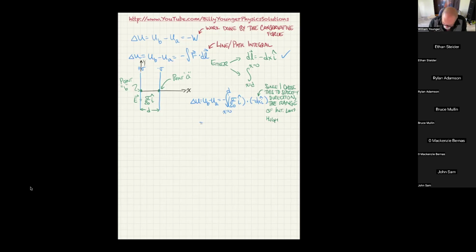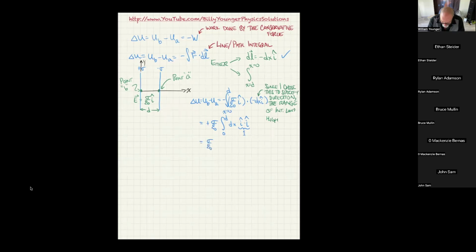I'm going to say these two negatives make a positive. Sigma over epsilon naught is a constant. And now I've got the integral from 0 to d of just plain dx, and then I have i hat dot i hat, again making use of the fact that a dot product is what we call a linear operator, and therefore i hat dot i hat is 1. And with this in mind, I should get